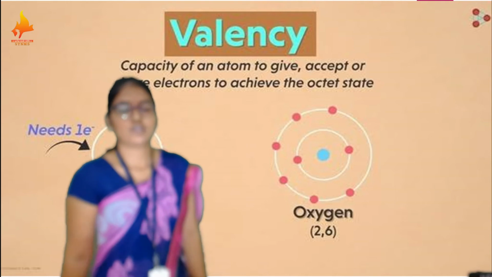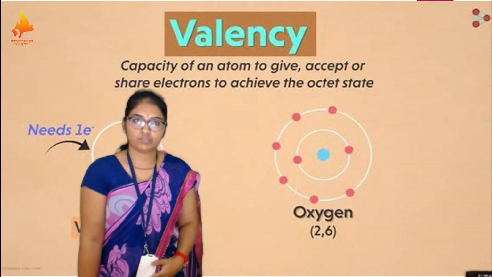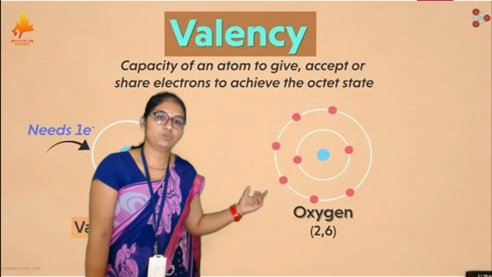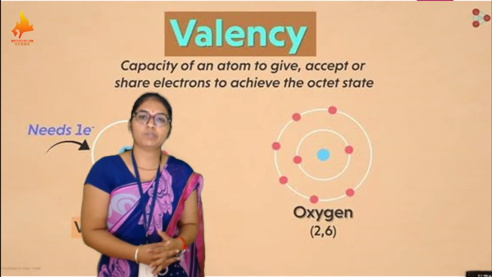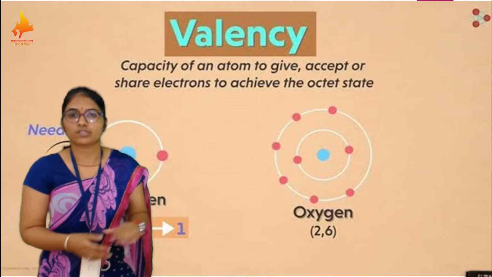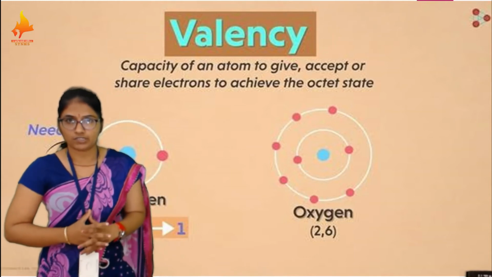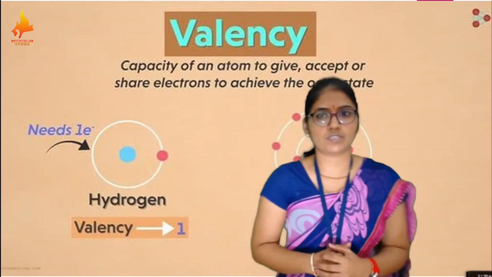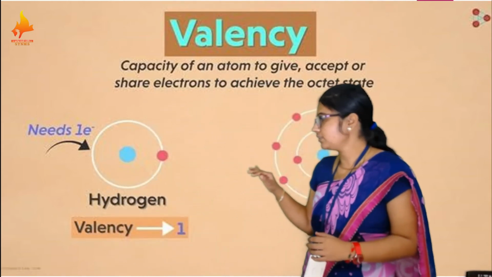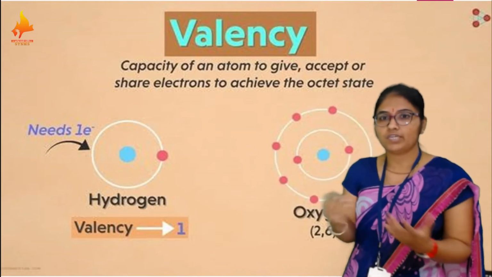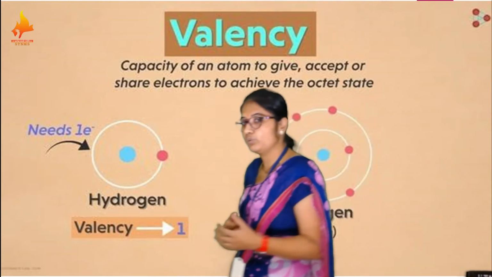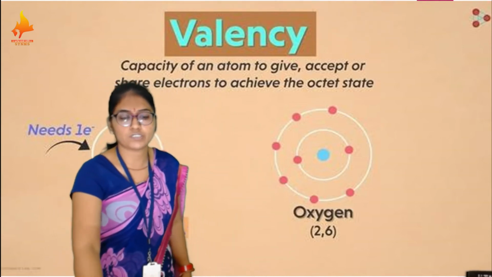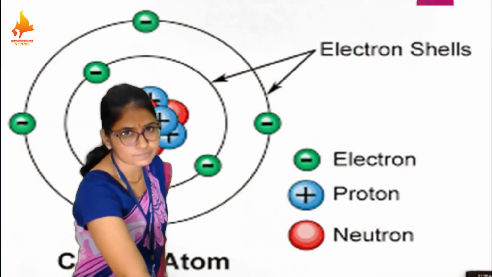Hydrogen has atomic number 1, so 1 electron is filled in the first shell of hydrogen, and valency is also 1. Oxygen, atomic number 8, configuration 2, 6. It has 6 electrons in the last shell, but valency is 2. It is not 6. Why is it not 6? Because the atom has a tendency to accept electrons. Instead of donating 6 electrons to others, it will accept 2 electrons from another atom. So the valency of oxygen is 2. It is a non-metal.